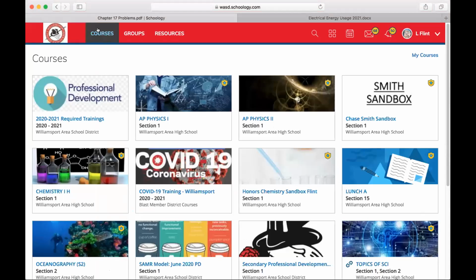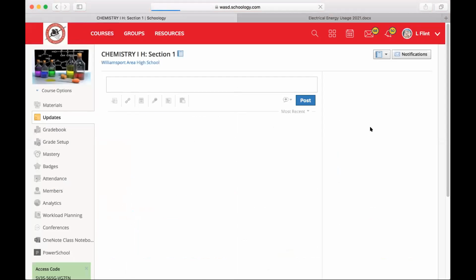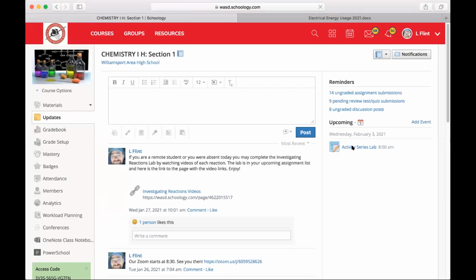In the Chem 1 course, on the right-hand side, you'll see in the upcoming this activity series lab. Now, this is the lab that we would have done today, and we were going to hold off and do it tomorrow, but this snow is going to continue, so it's possible we might be remote again tomorrow. So what we did was we got the lab all ready, and then yesterday,